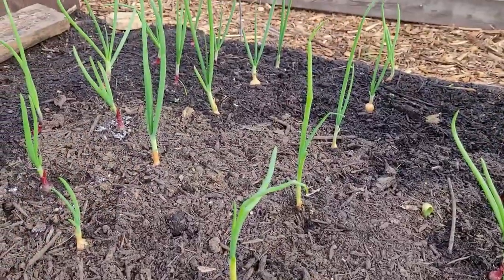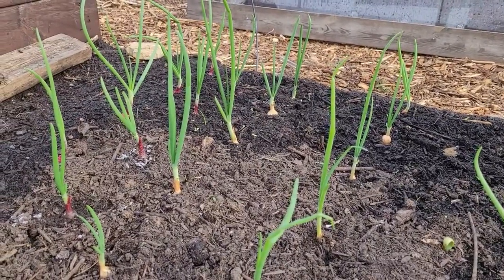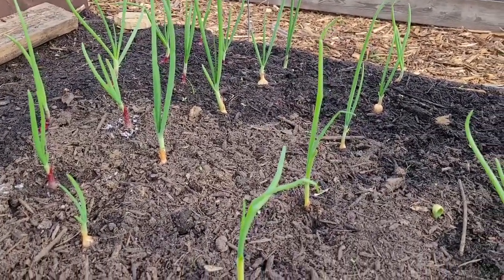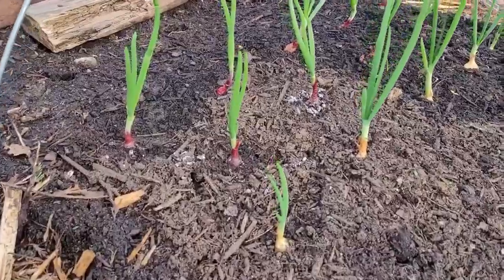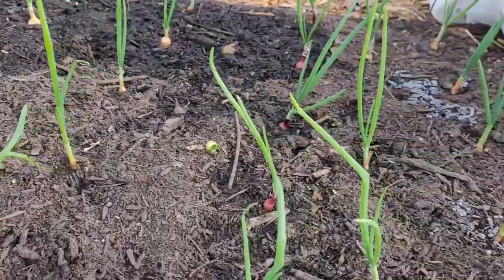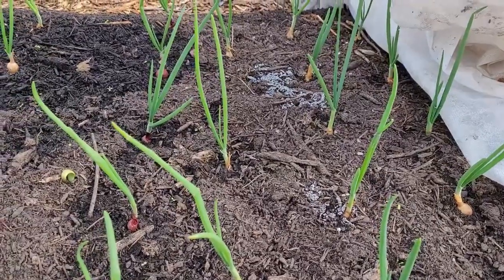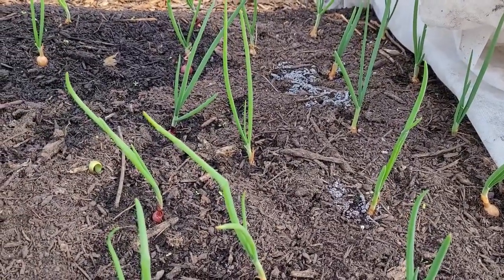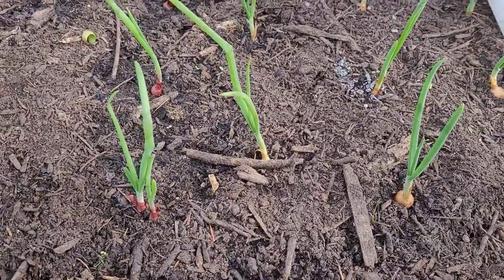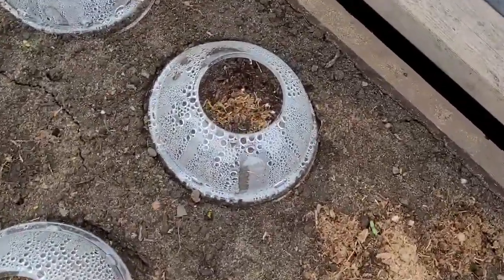Now, these are our onion sets. We started them indoors at our house and they developed roots. We put them outside and then we brought them over here and transplanted them, but you can see that white stuff that's around some of them. And Jason says some of them are a little squishy, so these might not work. Luckily for me, I'd forgotten that I'd ordered some more onion sets and they're on the way, so we'll see what happens. There's one there, one there, one there, two there. There's some that don't have them yet, but...